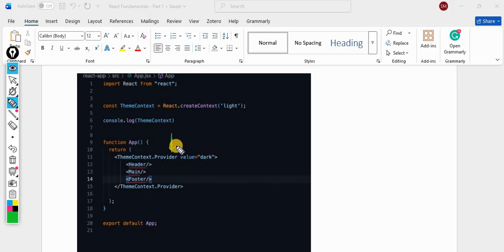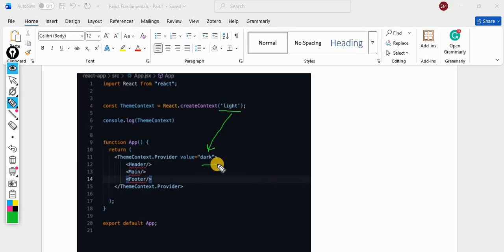So what value does it have? Dark. The value is dark. So what will happen? This light will be changed into dark.